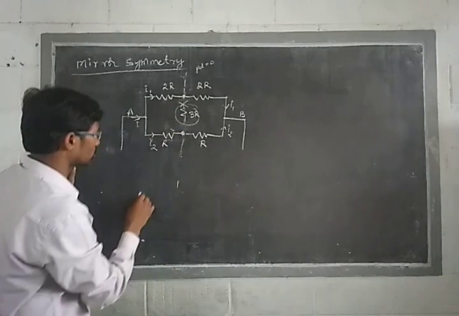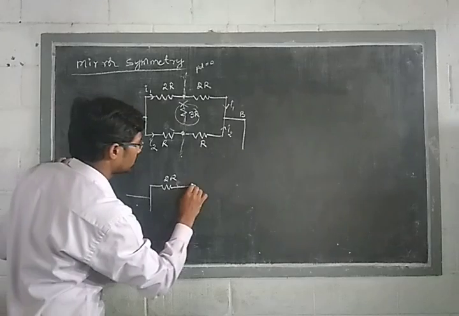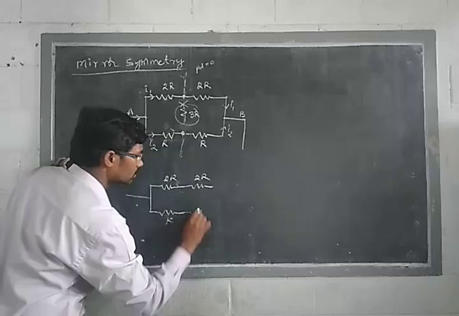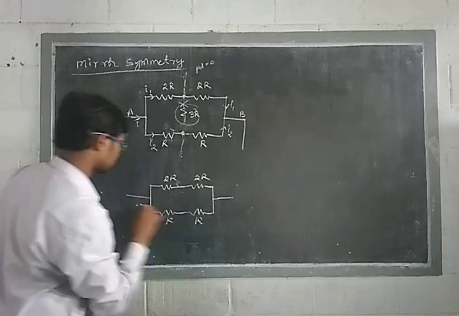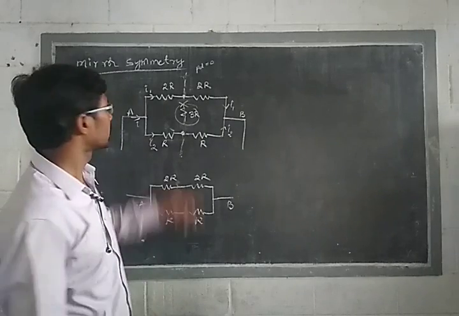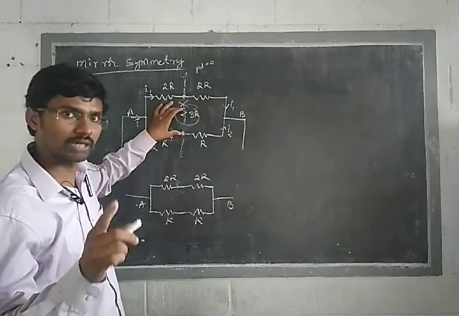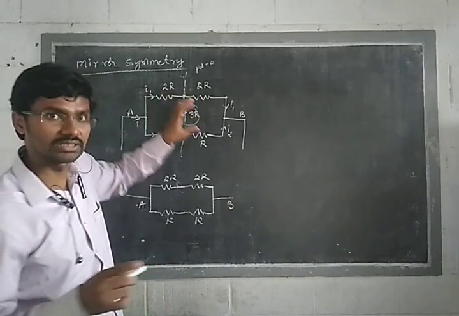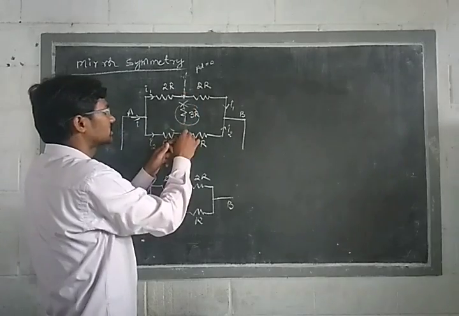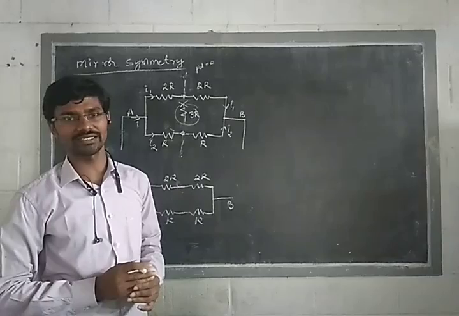Now if you redraw this circuit, what would happen? What do we have? Here we have 2R, and this is 2R, and let me take here one more R. So this is R, A and B. Now I hope you are clear now. Is it okay? Along this axis the resistances are ineffective. We need not consider that resistance, because the current flowing through that resistor is 0, because the potential difference is 0. These 2 points are at the same potential, therefore the potential difference is 0. If there is no potential difference, no current flows through that network.